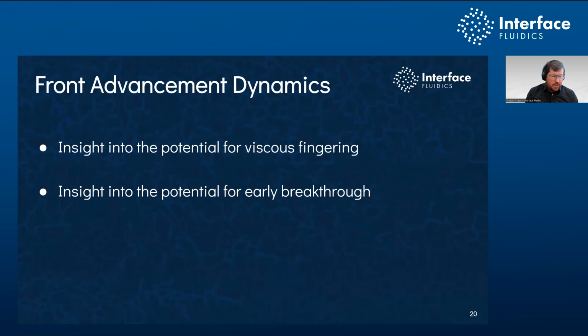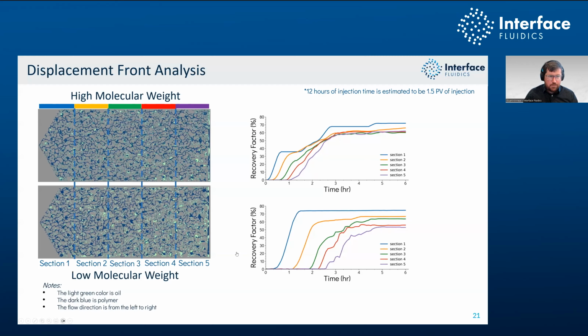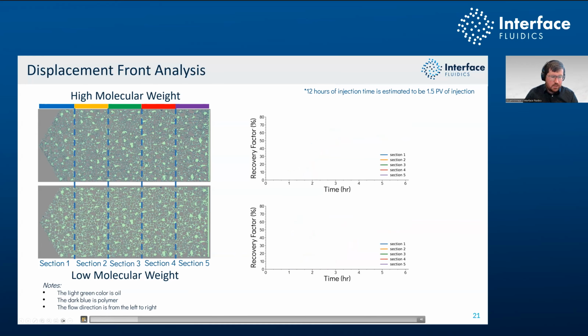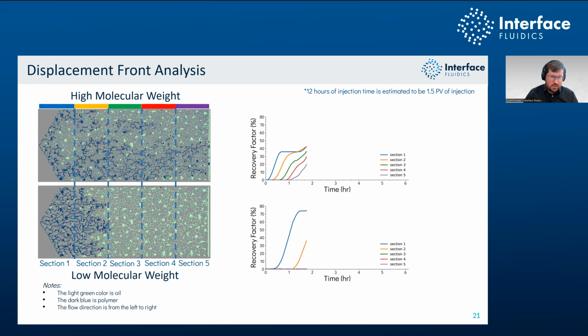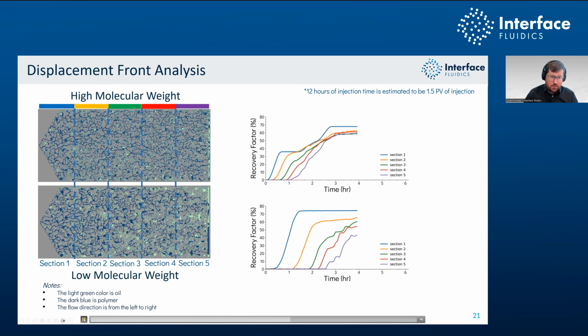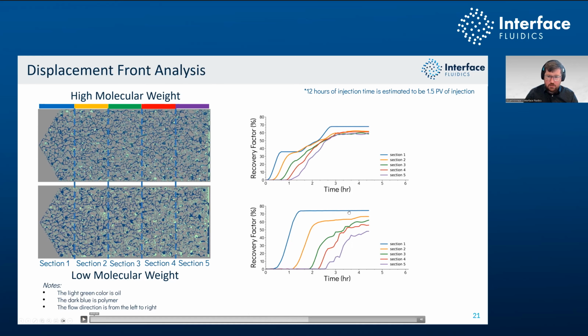So again, if we want to dig even deeper into these front advancement diagnostics, we want to look at understanding viscous fingering, potential for early breakthrough, and other characteristics like that. So what we can do at Interface is actually start doing analysis. This is similar to adding a pressure tap along the core, but doing analysis visually of each section of the porous media as we produce. So what you'll see is on the left, we're producing, again, the same data that I showed you a few minutes ago. But if we look at the results as a function of your multiple zone analysis here, we can see that viscous fingering effects